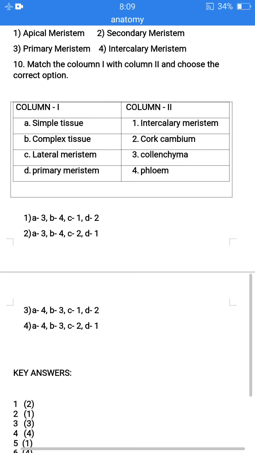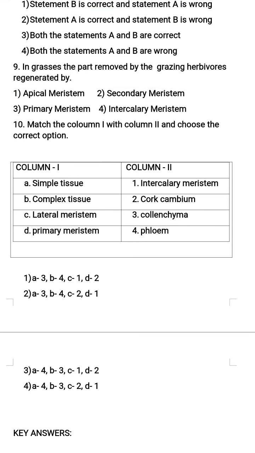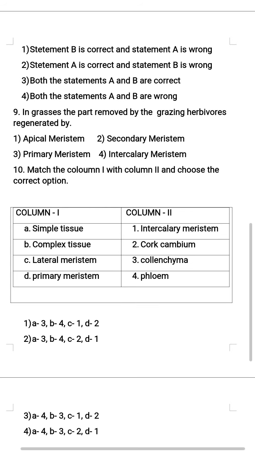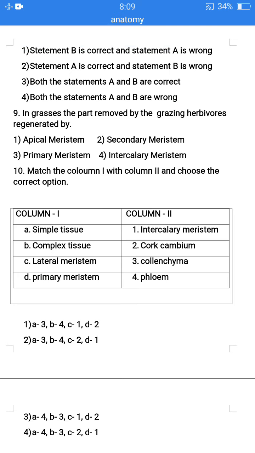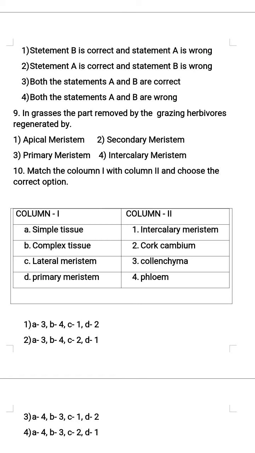Now this is the last question in this class, in this video, and from this chapter there are few important concepts for competitive examinations. Let me recap once again. So the concepts for competitive examinations, like about the permanent tissues. In the permanent tissues, simple tissues like parenchyma, collenchyma, sclerenchyma, they may ask questions based on this. And even next tissue, complex tissues. On the complex tissues, xylem and phloem, they may ask questions in competitive examinations.